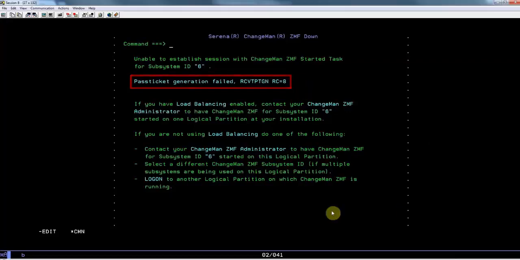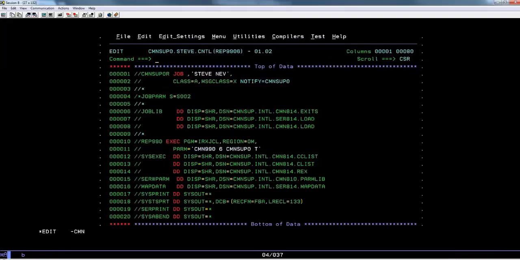Similarly, if we switch to a batch job that they've got set up, so this is a report, a standard ZMF CMN 990 report, global for global admin. You will see that we've got the JCL saved off so that they can submit it and run at will. I should mention before I submit it, this test parm is active here. This will be useful in diagnosis of problems at a later time, so we'll cover that in a minute. So if we run this job,